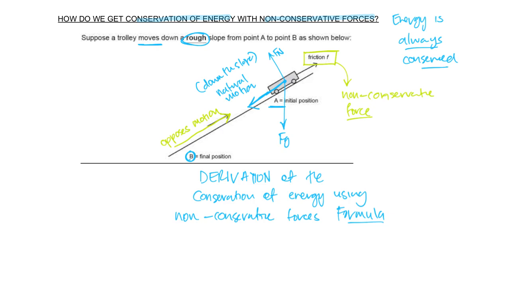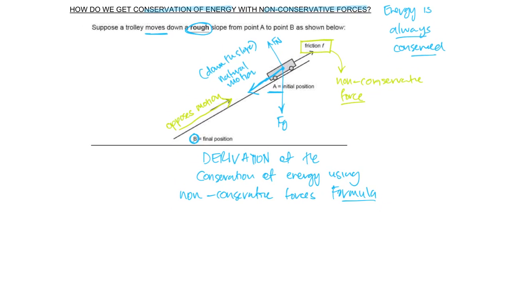Right, so what do I do now? So now if I've got this friction and it's acting on the trolley, what I need to understand is when I'm looking at my situation here, point A and point B, and as this object slides down, I need to realize that